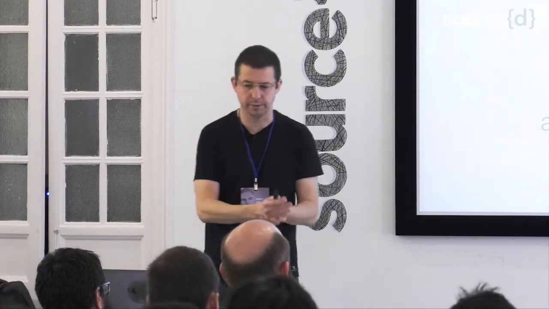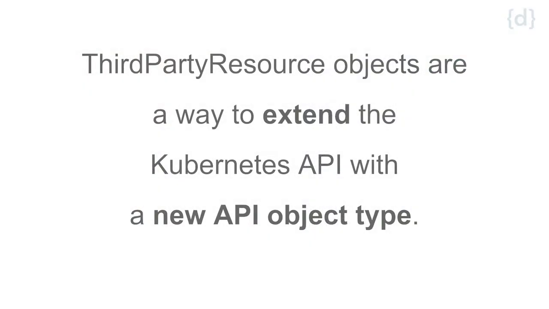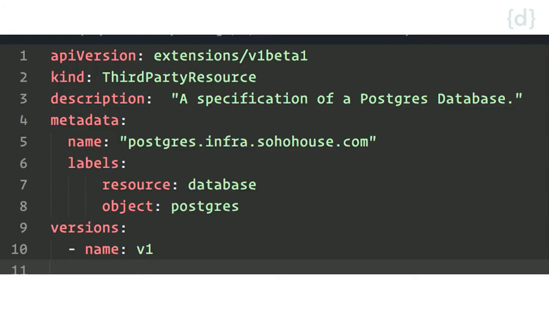One of the good things that Kubernetes has is the API, because the resources, all the objects that have been defined there, make a lot of sense. And now, with third-party resources, we can define our own objects. So this is a third-party resource, right? It's a YAML file that I define. I say, I want to have an object type Postgres, and I want to have it in this fully qualified domain.